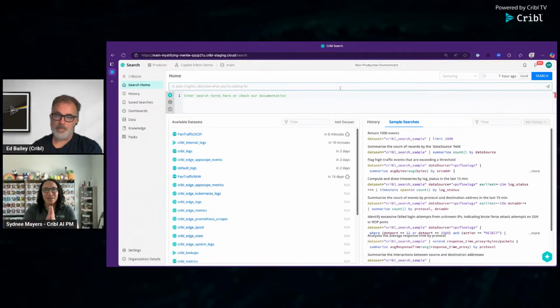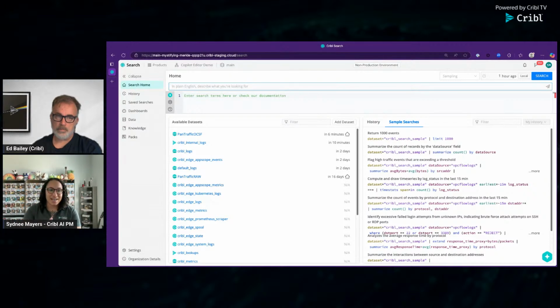Awesome. So here we are in my search environment. You'll see a couple of things here. I just have some available data sets, my sample searches, I have a history, and then everything you normally see on the left-hand side. If you haven't checked out Search Packs, shameless plug, please check out Search Packs. They are awesome. So first and foremost, as far as data sets go, if you were with us a couple weeks back when I was here with 2 other colleagues, Nikhil and Giovanni, you will have seen Giovanni walk through a demo of Copilot Editor, where he walked through the transformation of Palo Alto network logs into OCSF.